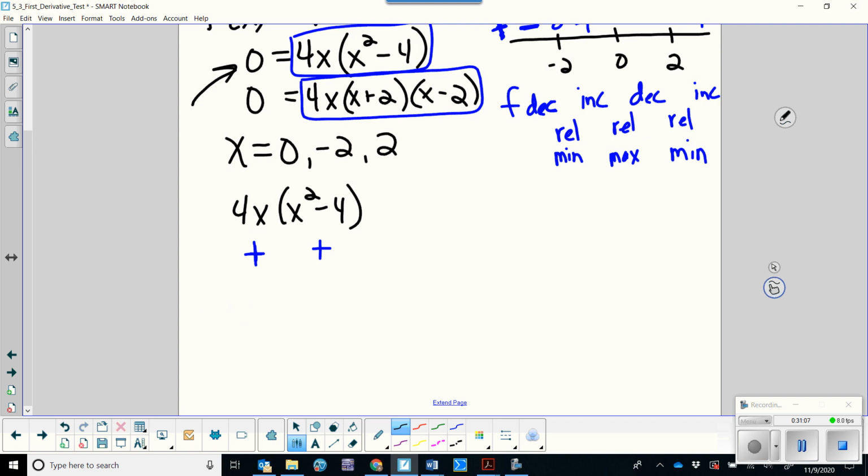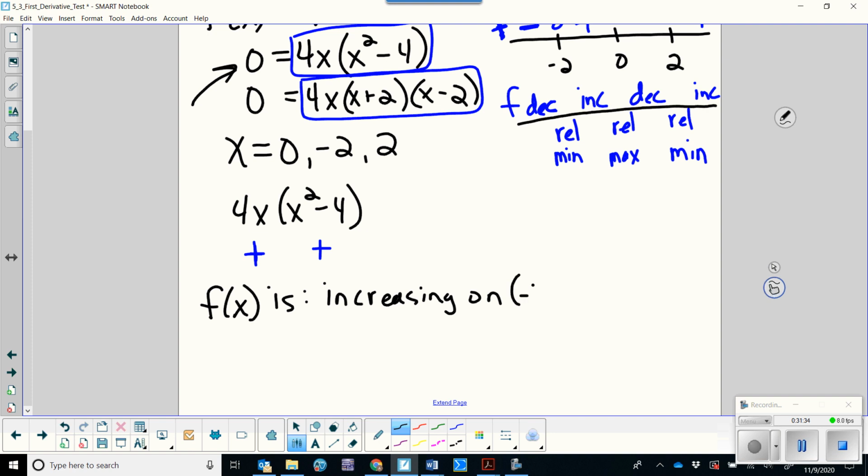So I'm going to answer f of x is increasing on, so I look at my chart up here, so this is what tells me that information. So it's increasing on -2 to 0, union 2 to infinity,